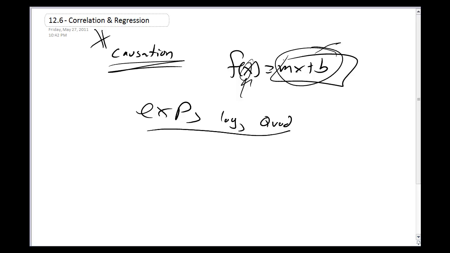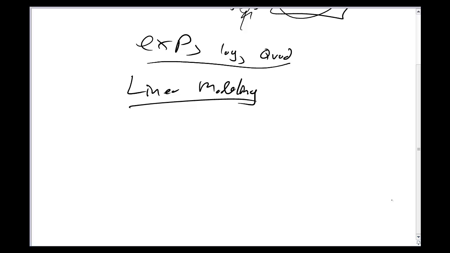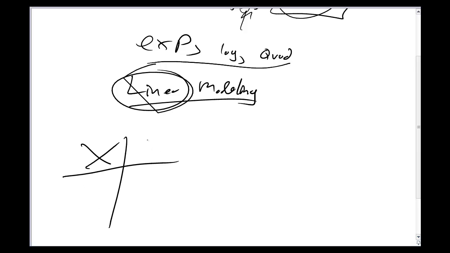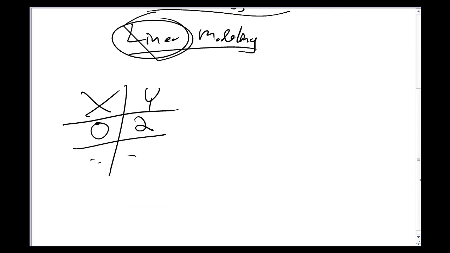I did pick this mx plus b for a reason. For correlation and regression, I'm going to be talking about straight line linear modeling. That's what this section's dealing with. So we're only looking for things that have a straight line type of relationship. So when I talk about correlation and say things don't have a relationship, I'm not meaning they might not have some relationship. I'm saying in particular they don't have a straight line kind of relationship. So we have this idea that we've got x's and y's, and for each x value there's a particular y value, and we map them all together and we create this relationship between them.